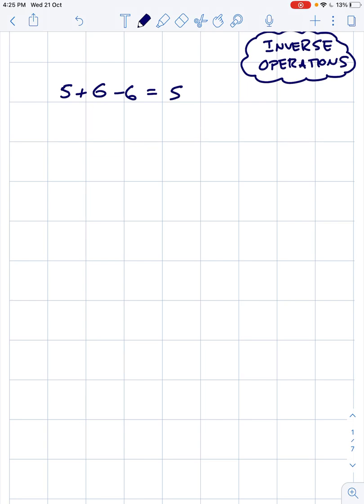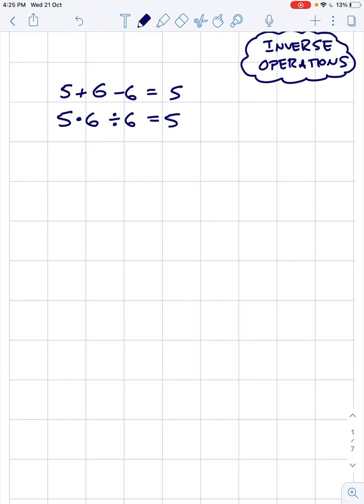Same thing with multiplication. Let's say I did 5 times 6, okay? But I wanted to go back to 5. Well, 5 times 6 is 30. So if I wanted to get back to 5, I would have to divide by 6, because that would end up being 30 divided by 6, which is also equal to 5. Now this works with,